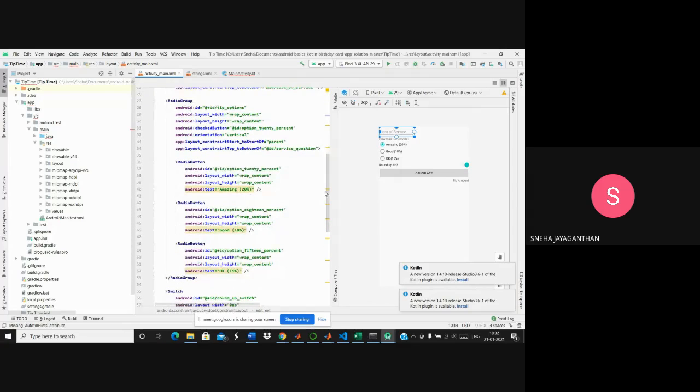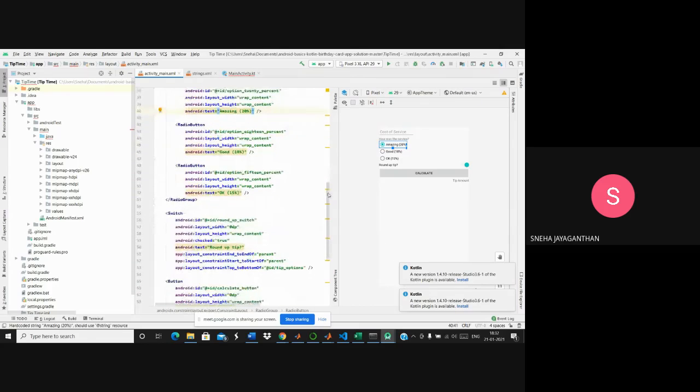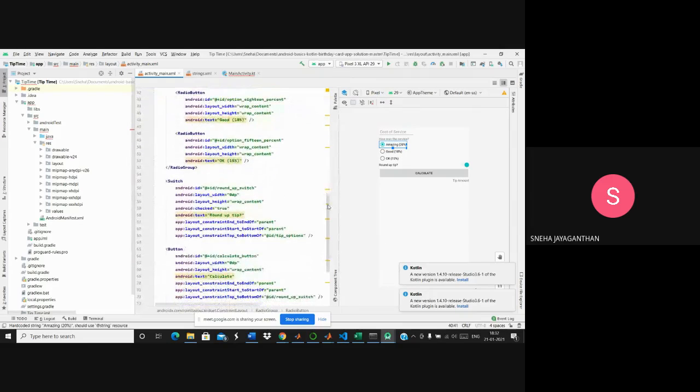You can add many more properties. There's a property for color. There's a property for text size. You can add those properties as you wish. You don't have to remember the syntax as it is because there's an autocomplete option here in Android Studio. You type Android colon and you'll get a list of properties that you want to customize and you can add those properties. Then comes the switch option.